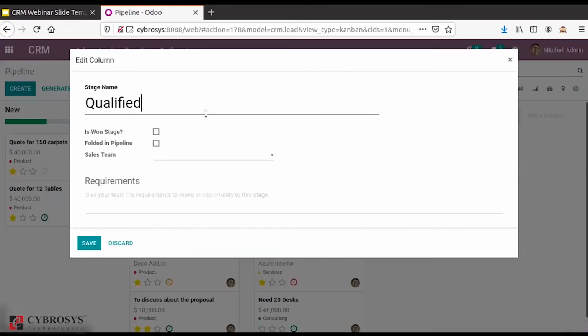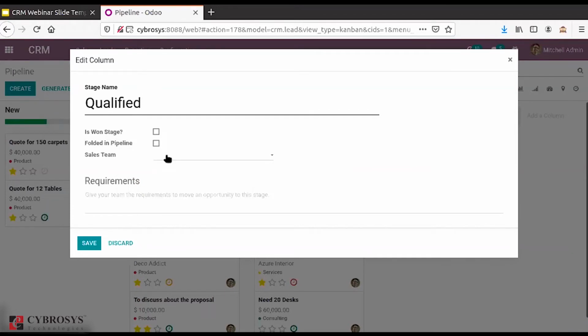In these options, we have the option to edit the stages. Here you can change the name as per your need and requirement. Then you also have options to mention whether the particular stage you are creating is a won stage for the opportunity. You also have the option to mention the sales team.